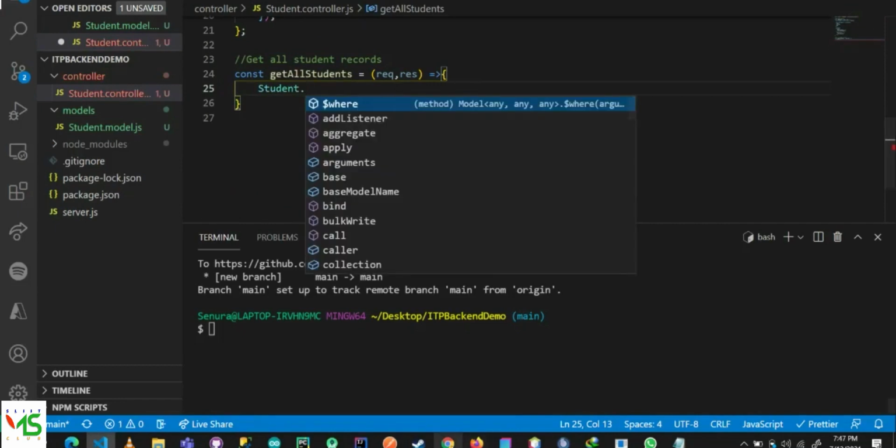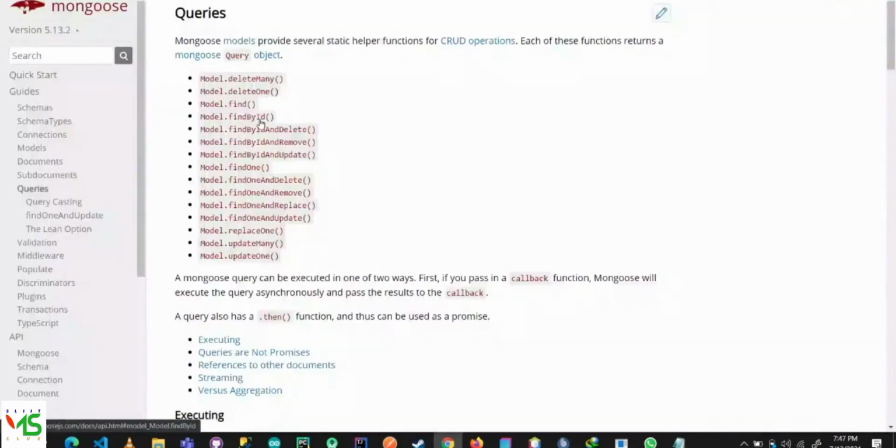There is a method to get all student records in the MongoDB database. You can see it when we go to the Mongoose documentation, under queries. Here under queries you have all the methods that we can use. If you want to get some document by ID, you can use the findById method, right? If you want to